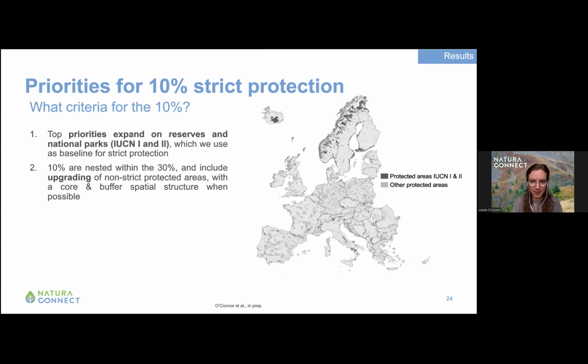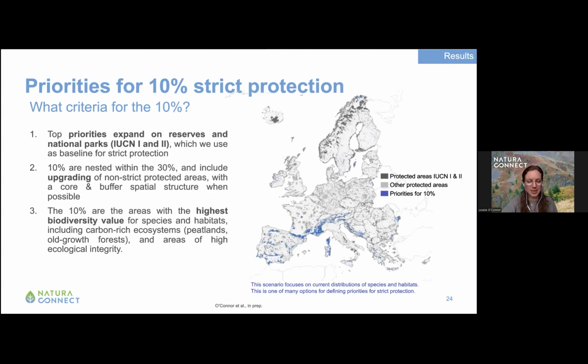The second criteria is that the 10% are included within the 30%, so it necessarily includes upgrading existing protected areas to stronger levels of protection. And we also implement a core and buffer spatial structure when possible, so that the strict priorities would be surrounded by non-strict areas. And then a third criteria is that the 10% are among the 30%, those with